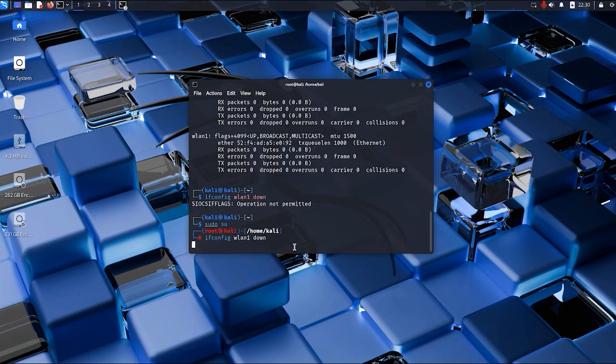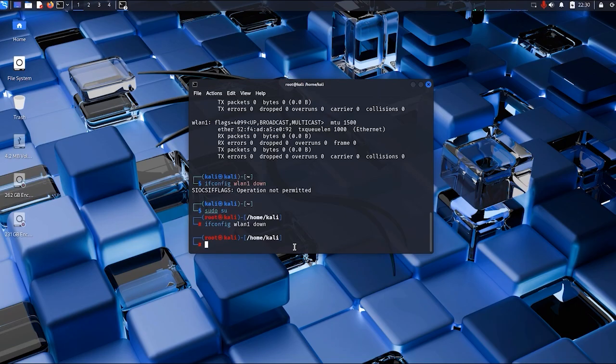So once we hit enter, this interface is down now. Now we have to change the MAC address of this network adapter. That was this before. So to change the network adapter's MAC address, we have a simple command, that is ifconfig LAN 1 hw ether, because we are going to change its MAC address, and we can name any address here, but we are going to name it simple